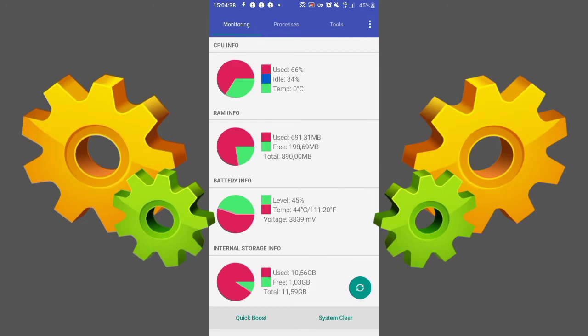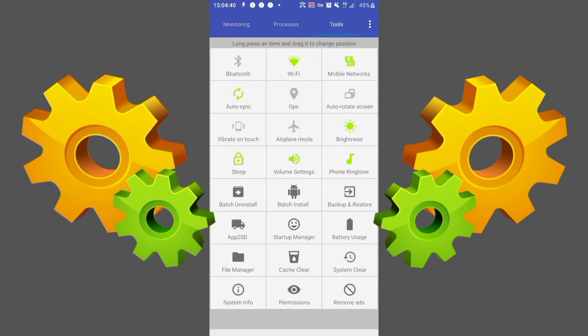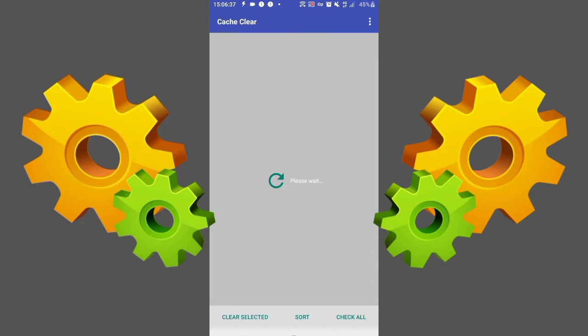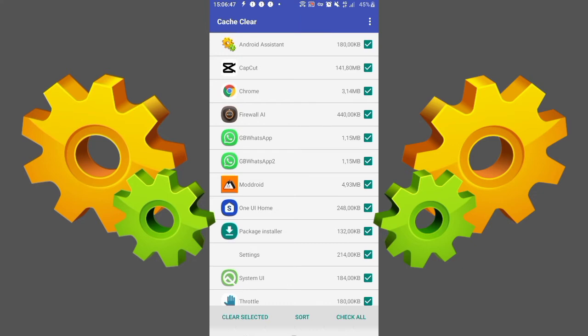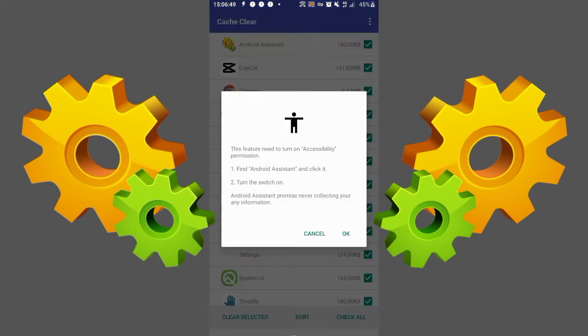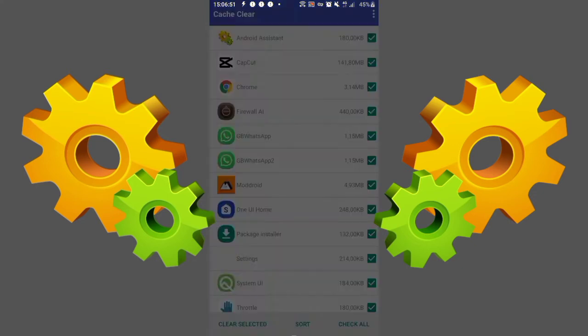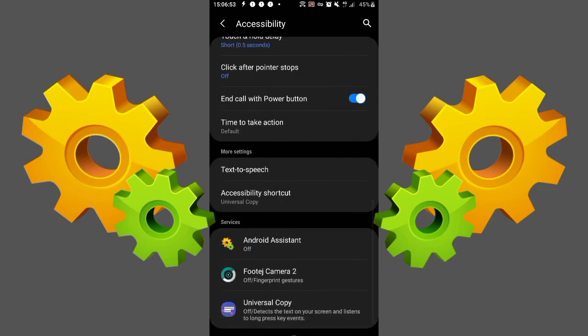So we're gonna go onto the tools section, and then there you go. There's clear cache. Is it cache or cage? Whatever. And then it'll give you a list of all the apps that got at least 1 GB of cache, and then you click select, clear selected, then you click OK, and then you scroll down, then